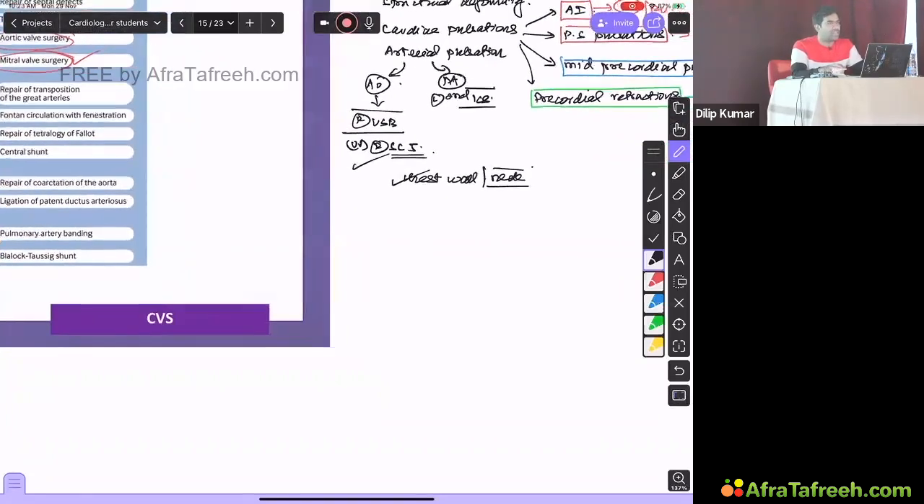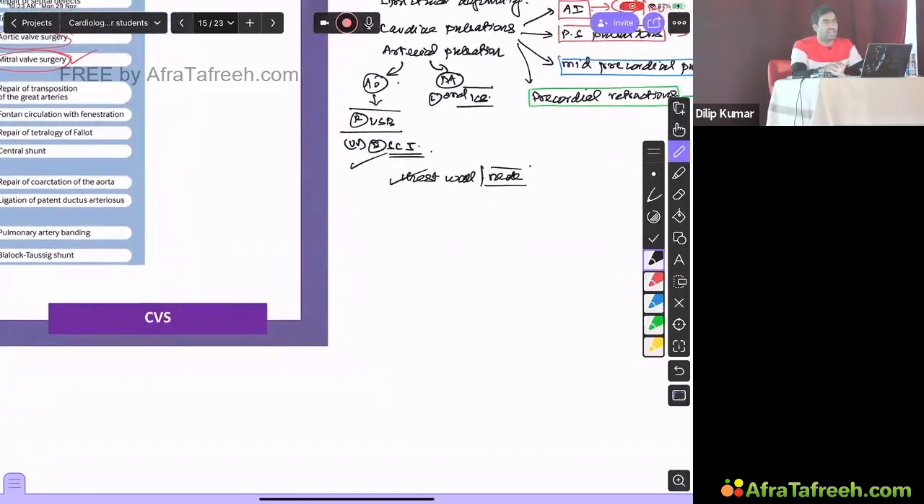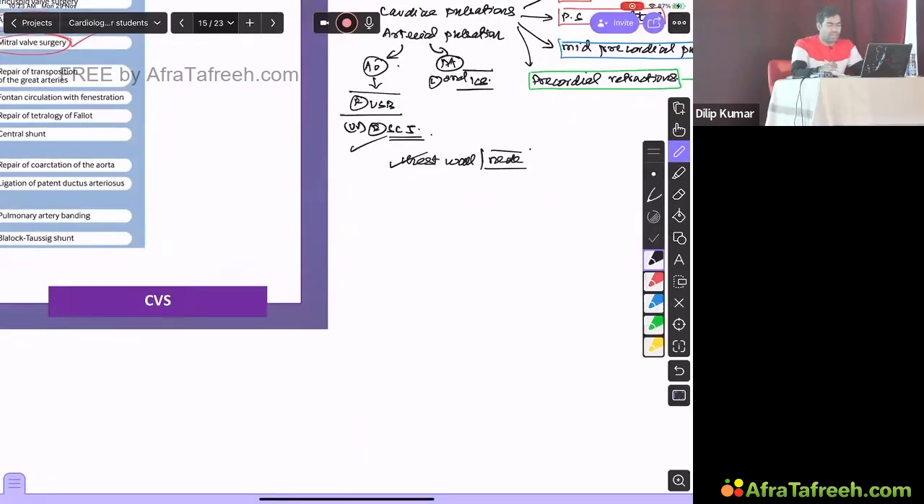Not just for the JVP, because neck veins may be distended in patients with SVC obstruction. And there could be puffiness and edema, cyanosis and all in the neck. So you have to look at the neck also. Apart from that, not just in the general examination, here also you can look for